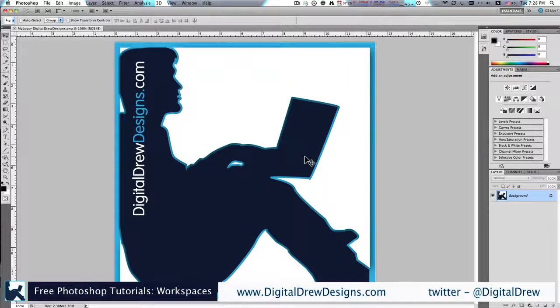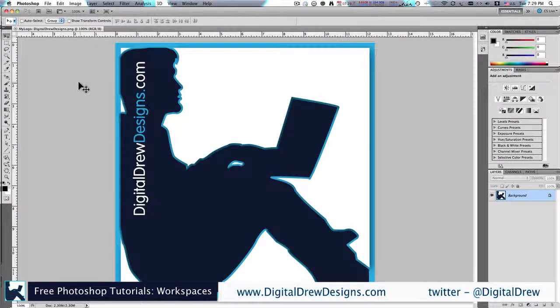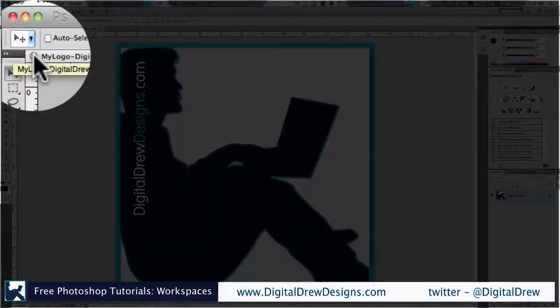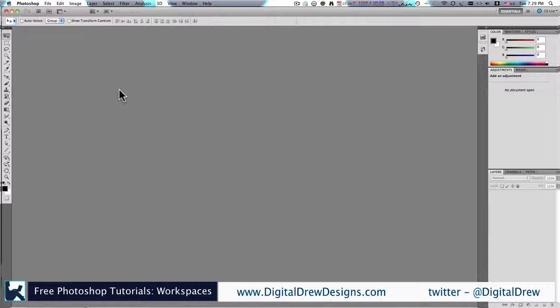The first thing that we need to do is make sure that both my workspace and the workspace that you're looking at look identical. So if you haven't opened Photoshop, go ahead and open Photoshop now so you can follow along while I show you the workspace. So what I'm going to do is close this tab document window that I have open with my logo on it so that our workspaces look somewhat identical. Once you've opened Photoshop,